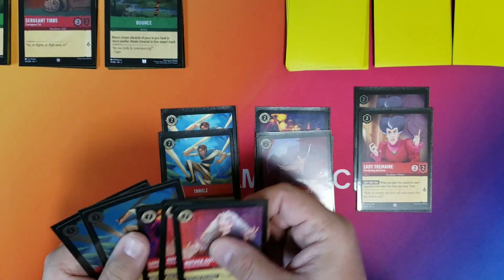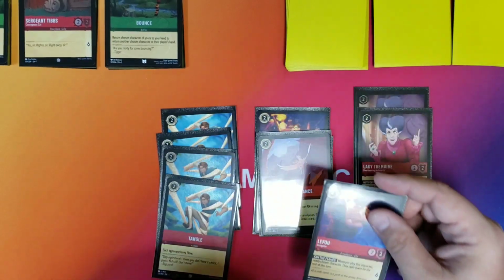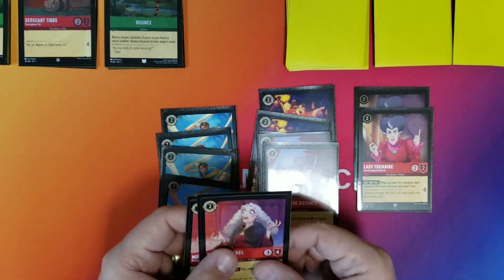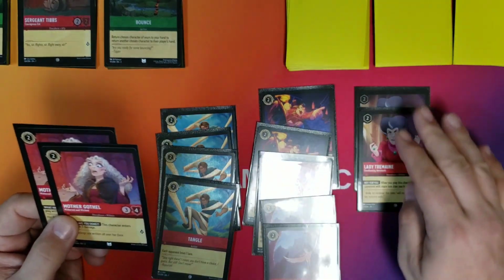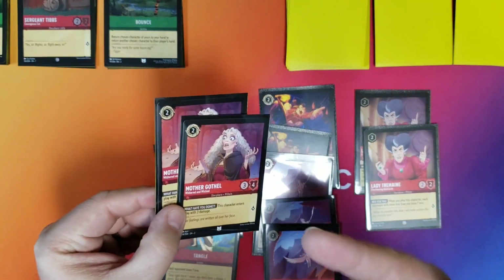It's one of my key cards. I have a play set in there. Oh, there's my other Lufau. I knew I had 2 of them. So I have 2 Lufau, 3 Go the Distance, 2 Lady Tremaine, a play set of Tangles, and I have Mother Gothel, and she's